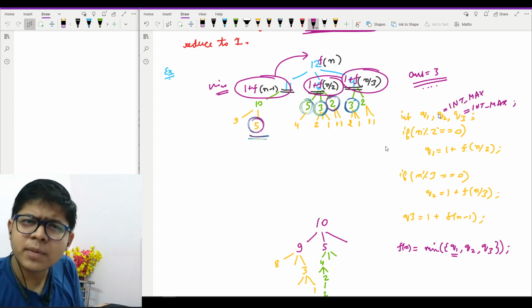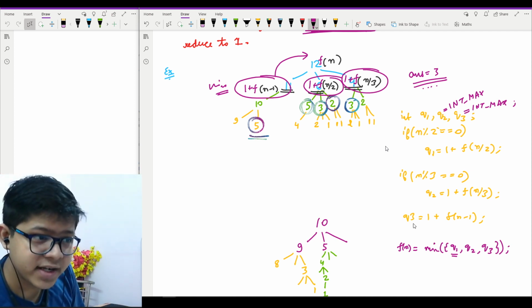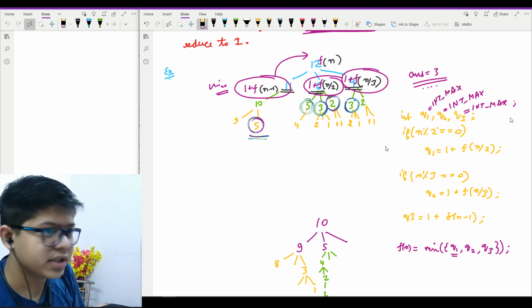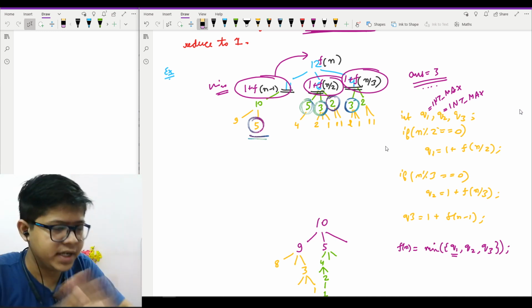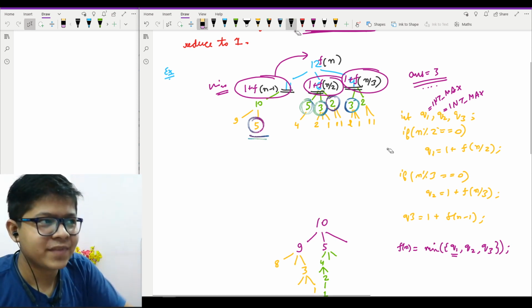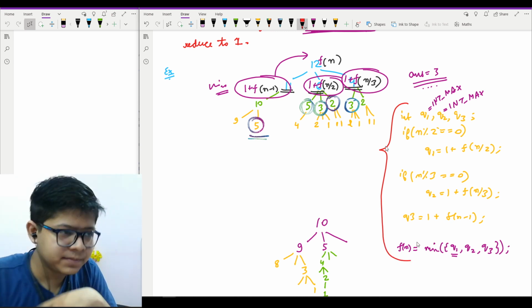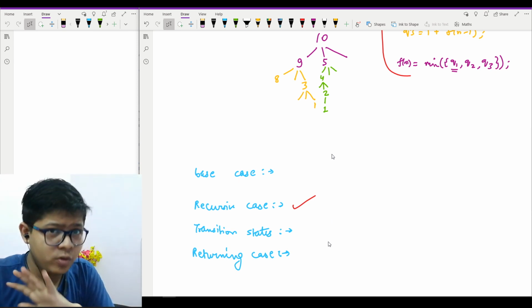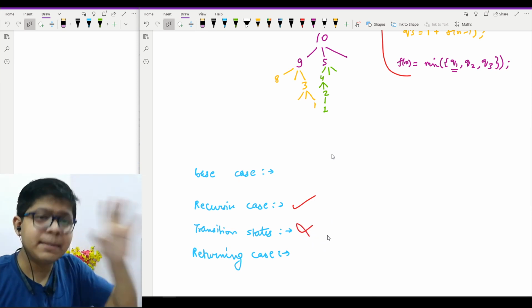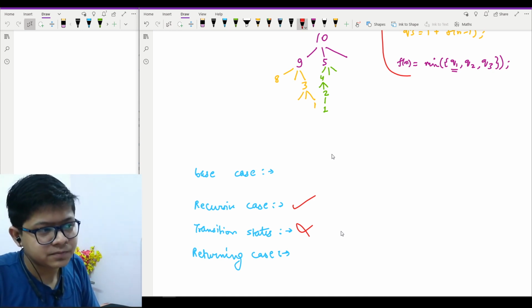Although I don't want my q1 to be int max, because I'm pretty sure that at every stage my q1 will be updated, sorry, my q3 will be updated, sorry, it's q3. So I should mark it as int max, or rather I should erase this, because I'm pretty sure that at every step my q3 will always be updated. Right, now we have completed our one stage, which means that we have completed our recursive state. Okay, so the recursive state is completed. In this problem, I have no transition state as such, so I will keep it for another problem. I will explain to you what a transition state is and how it affects your answer.